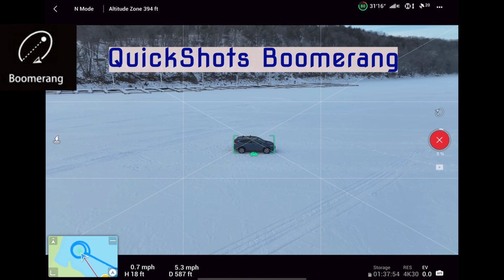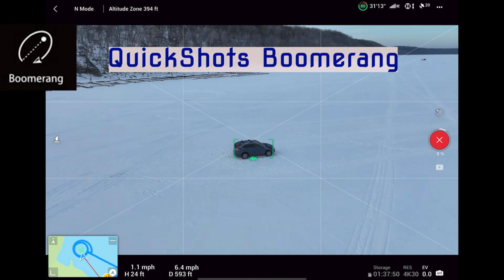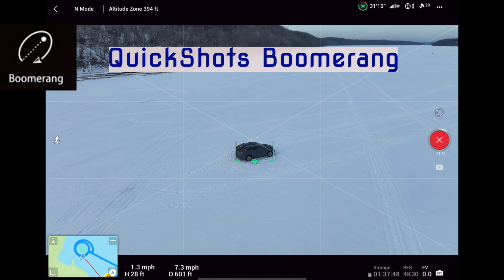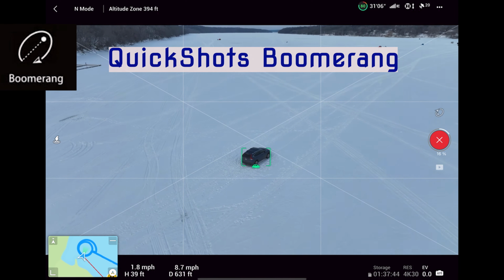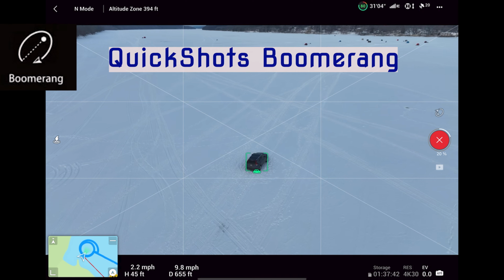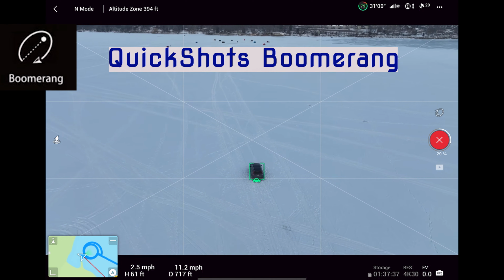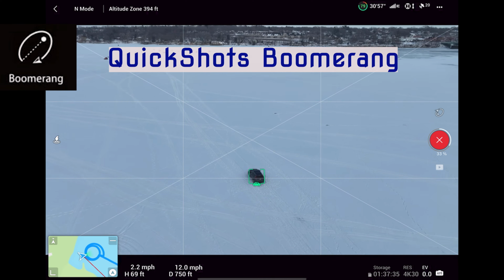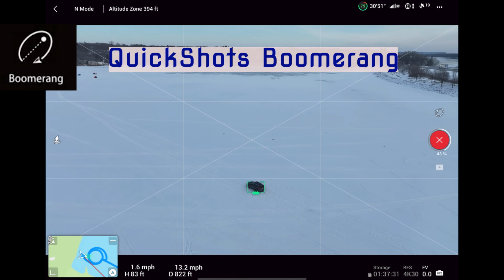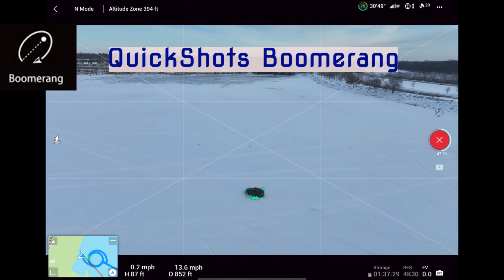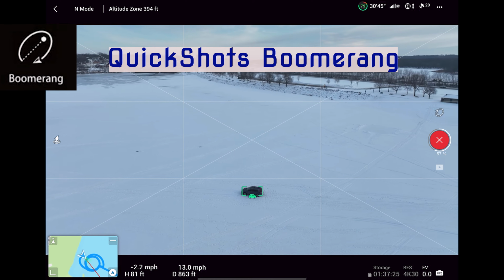You can see we started out around 15 feet, now we're at 19 feet, so we're gaining in altitude at a more drastic rate than in the last shot. If you look in the lower left-hand corner map, you can see so far we had been pretty much spinning circles around the vehicle, but now for the first time we're getting closer to the shoreline and the trees and gaining more dramatically